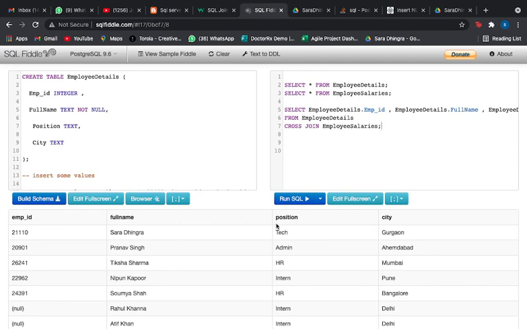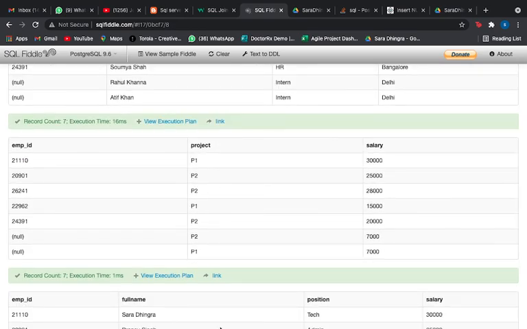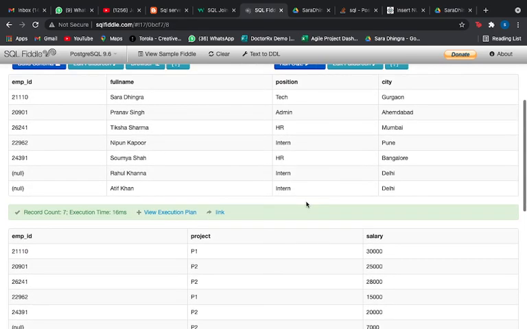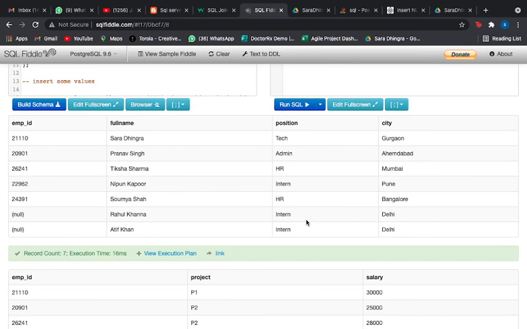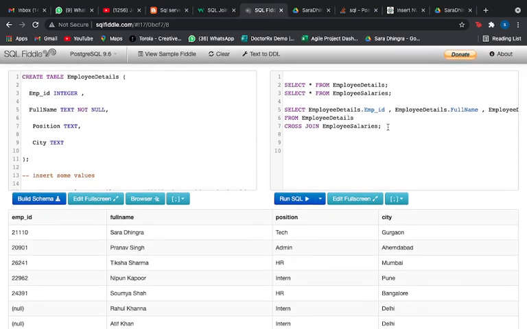So if you see, we have seven records from table 1 and 7 from table 2. So what is cross join going to do? It is going to give me a Cartesian product. It should give me 7 into 7, that is, it should give me 49 tuples, right? 7 into 7, that is 49. So let us try running this and see what we get.